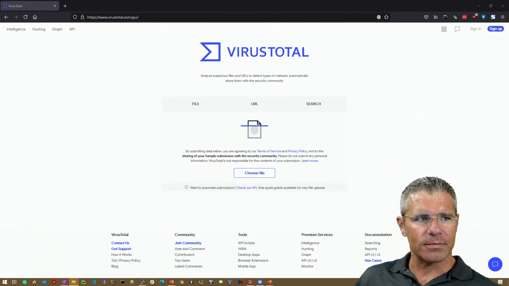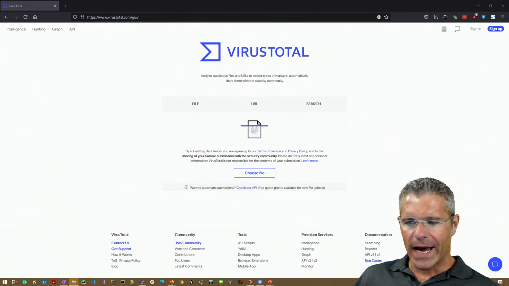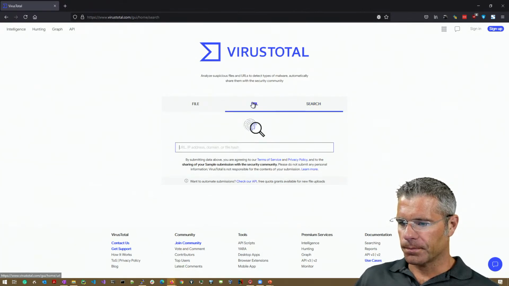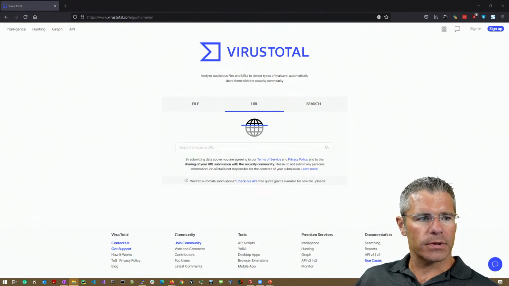It's the kind of thing I sometimes have lying around, like you do. Everybody does. But it will take either the file itself, or it will take the hash of a file and let you search for it. Or if you have a website URL that you think is particularly suspect, you can upload it there and see what they think.